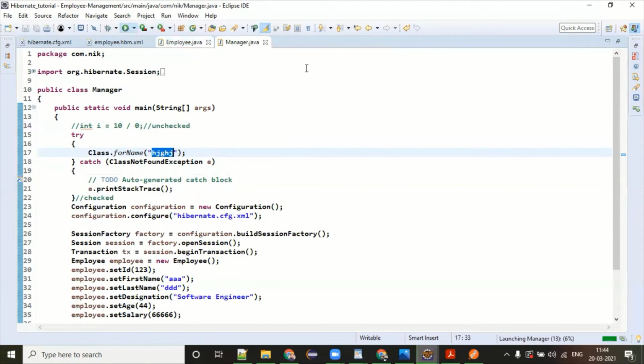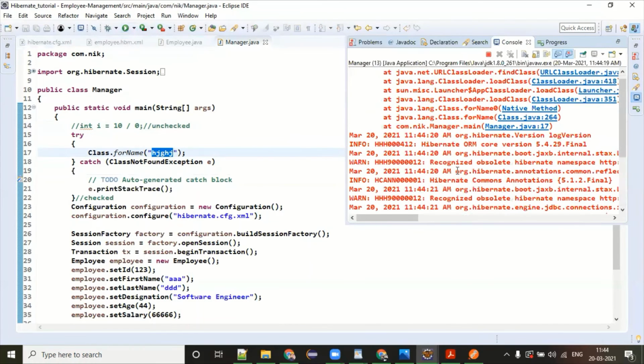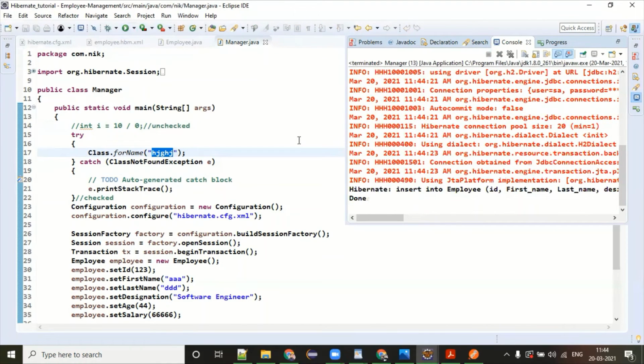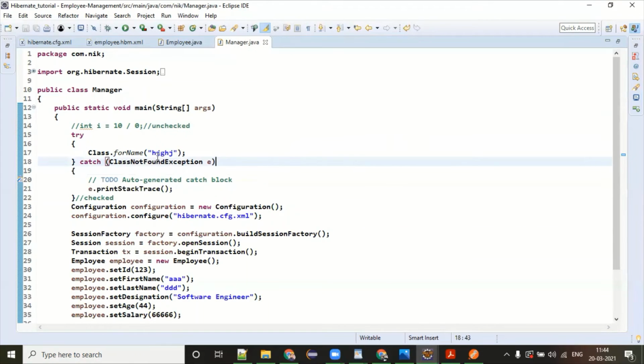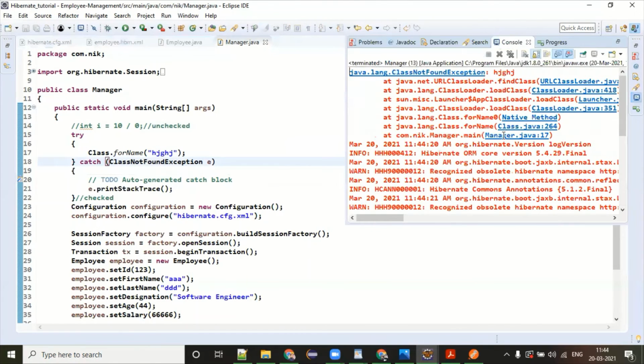So my question is, the people who are saying that it is a compile time exception, then my question is, if it is a compile time exception, then the compiler should know what exception you got right now. The compiler should give you an error here and tell you, hey, this class is not available. But we are not getting that error. It means the exception occurred only at runtime.